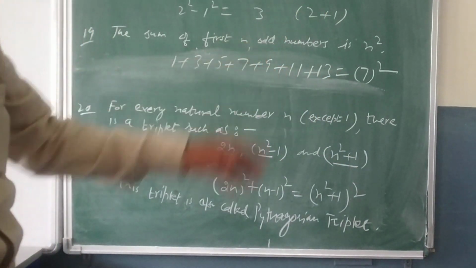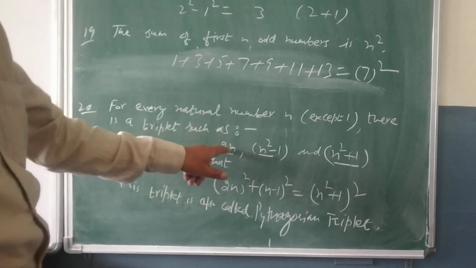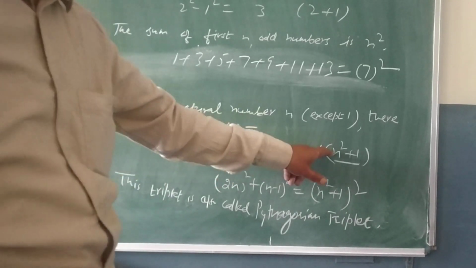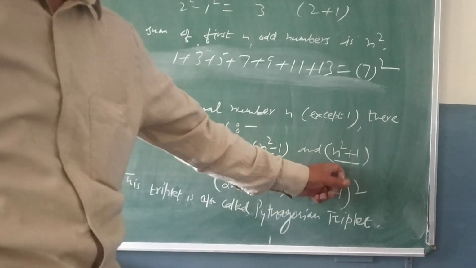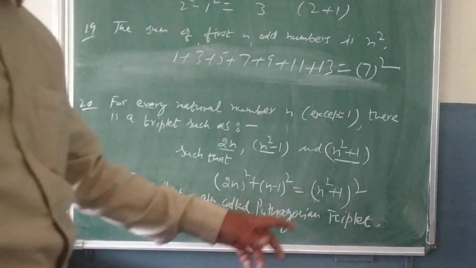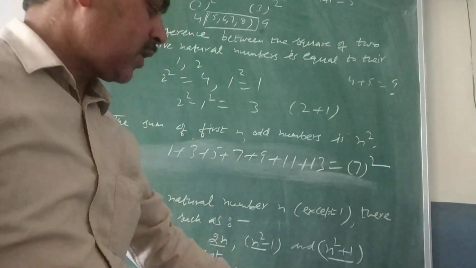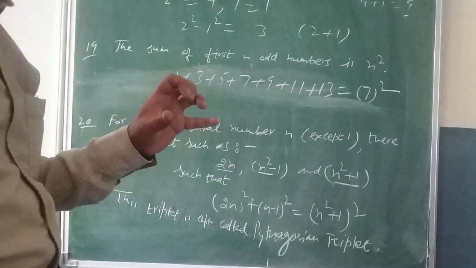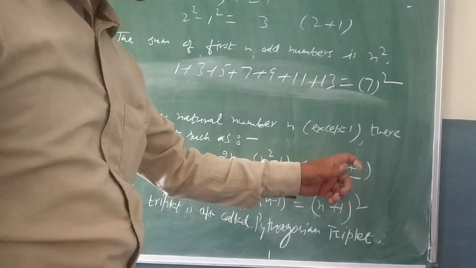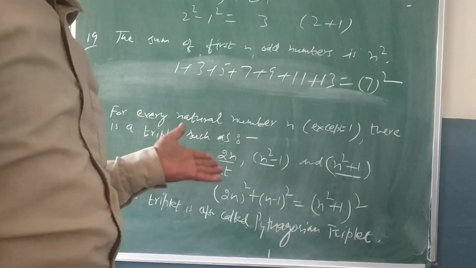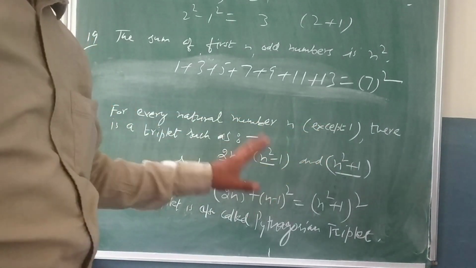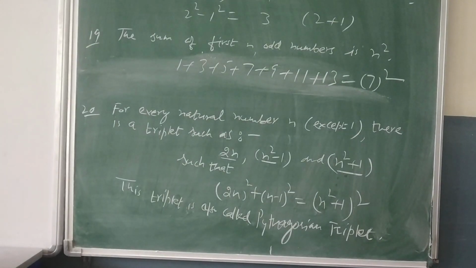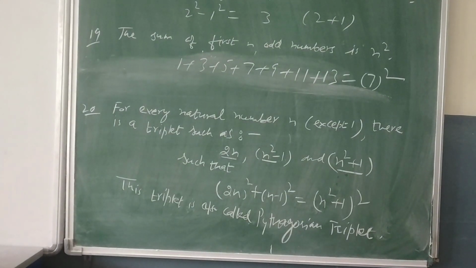That is the condition. Now if I take 2, so 2 2s are 4 and 2 square is 4, 4 minus 1 is 3. This is 4, this is 3, and 2 square is 4 plus 1 is 5. So this will always be the greatest side. That's why we are writing the same thing. Square of the greatest side will be equal to the sum of the squares of the other 2 sides. So I am making it very clear to you why out of these 3 this is the greatest side. So for any value of n except 1, and why we have not to take 1, because that makes this equal to 0. So please take care of all these properties with examples I have explained to you.